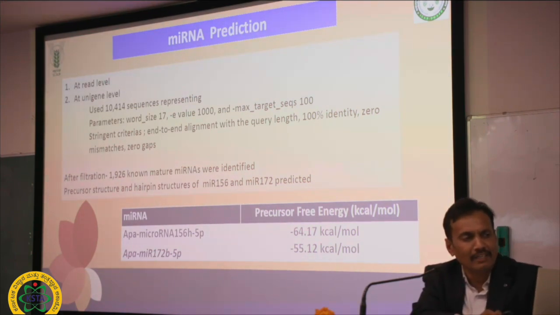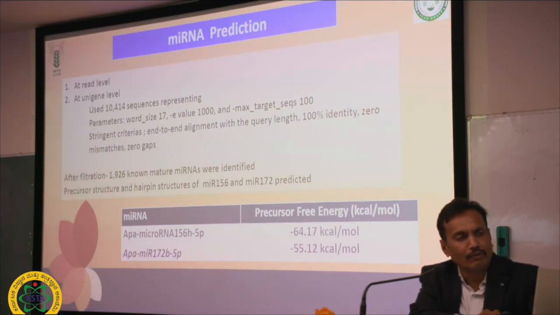But at Unigene level we found 10,414 sequences representing these microRNAs, and we kept parameters that the word count should not be less than 17, the E value should be 1000, and the maximum target sequences should be 100. Stringent criteria were also kept: end-to-end alignment with query length and 100% identity, 0 mismatch, 0 gap. Based on these criteria, the data were filtered, and we reported 1926 microRNAs from this 111 GB